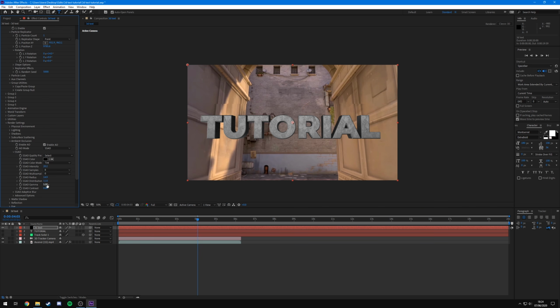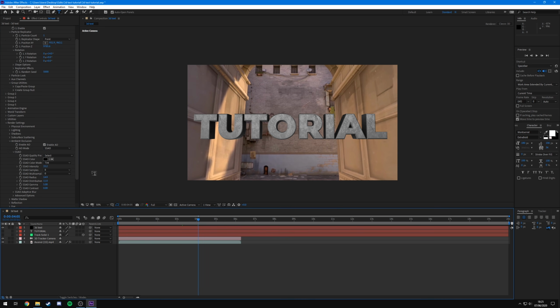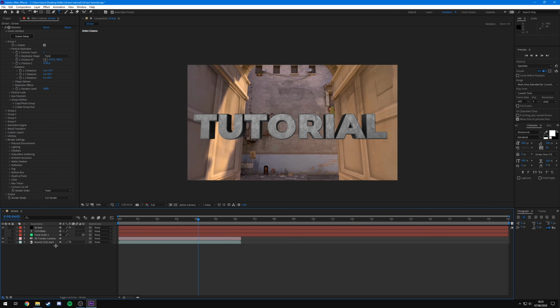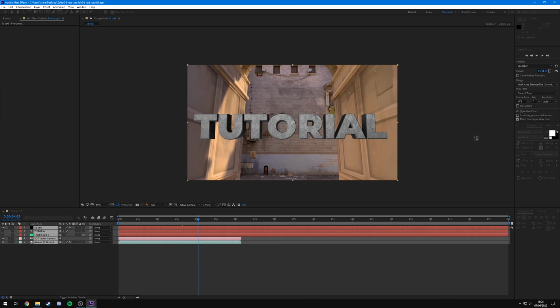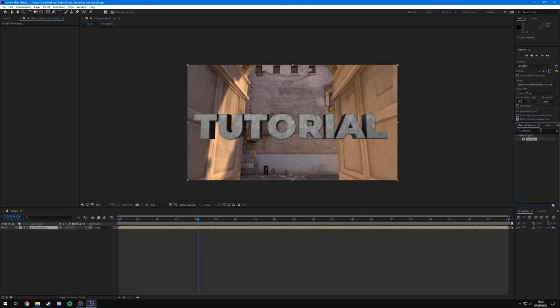The distribution as well. So if we show before and after, it just looks a lot more like it should be in the scene. Of course, play around with it a lot more when you do it for real. This is just a tutorial. I'm just showing you the basics. You can mess around, change the materials, change the ambient occlusion, change anything that you like to make it suit your cinematic. And then I'm just going to select it all, pre-compose,